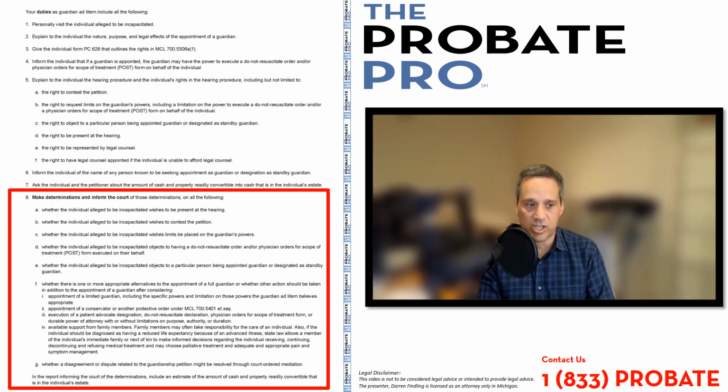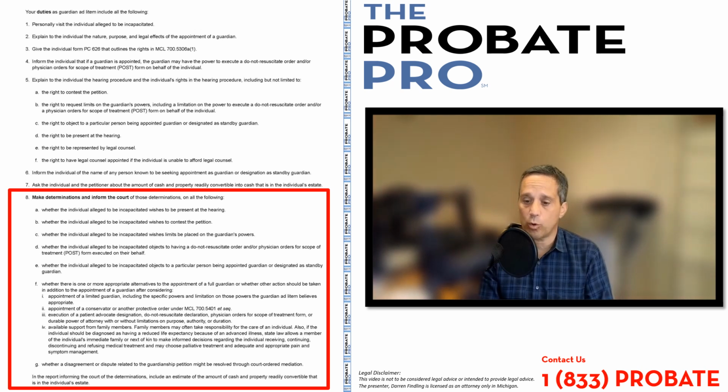So there could be a discussion with that individual about alternatives that are avoiding court intervention and involvement short of a guardianship. And that provision here on the backside identifies the statutory obligations of the guardian ad litem to express that to the alleged incapacitated individual, as well as what we discussed earlier, whether the disagreement or dispute could be